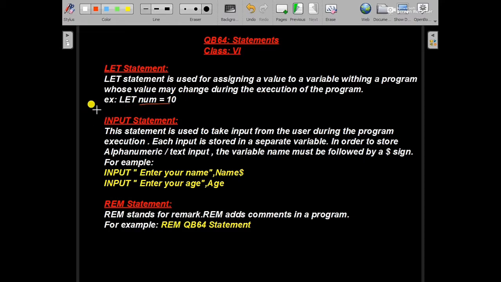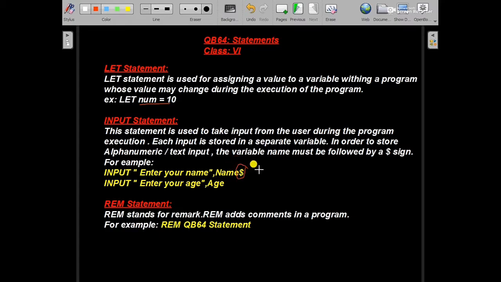Now the INPUT statement. This statement is used to take input from the user during program execution. Each input is stored in a separate variable. In order to store alphanumeric or text input, the variable name must be followed by a $ sign. For example, INPUT "Enter your name", then the variable name and dollar symbol.